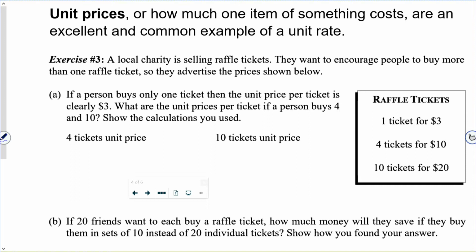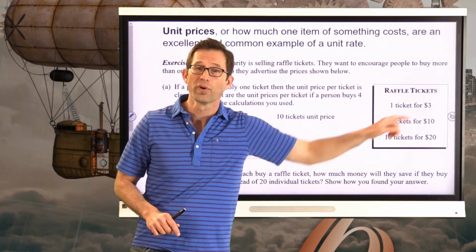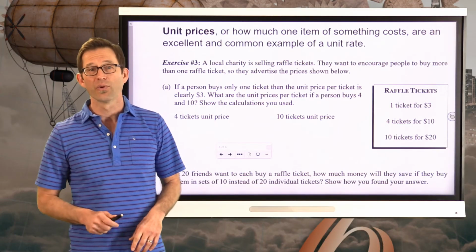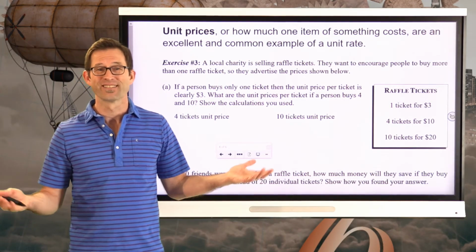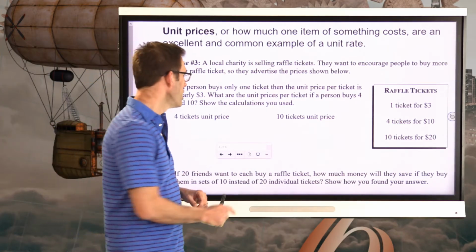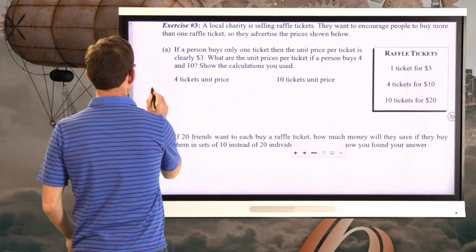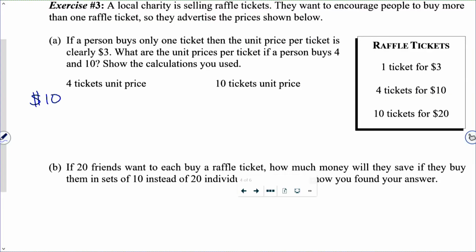If a person buys only one ticket, then the unit price per ticket is clearly $3. What are the unit prices per ticket if a person buys 4 and 10? Show the calculations you used. So let's be very clear. If I buy one ticket for $3, the unit price is $3 per ticket. That's just the deal. But what if I buy 4 tickets? Well, in that case, if I want to know my unit cost, I'm going to be looking at $10 per 4